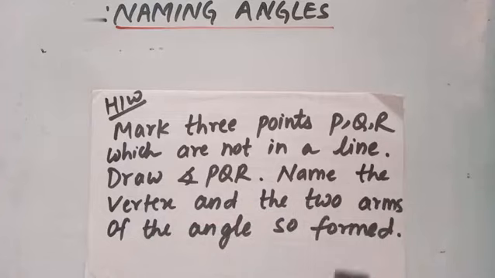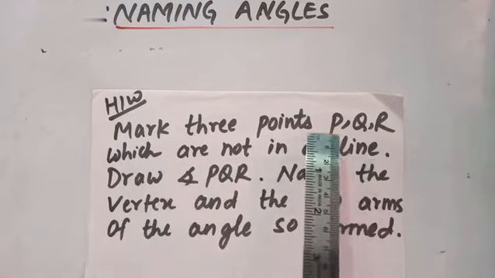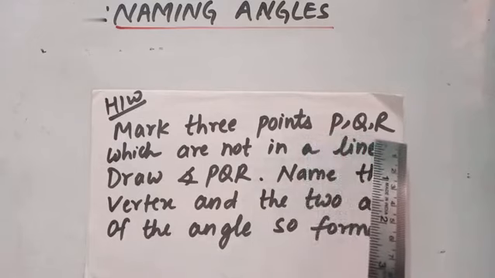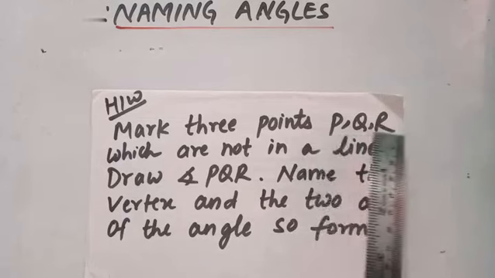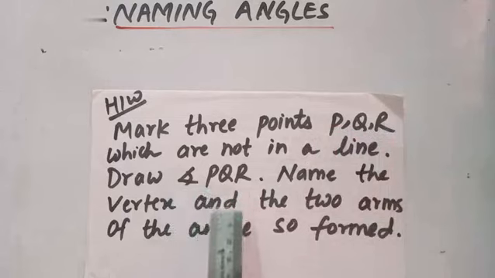So students, the question is similar to the question which we did just before. Only the difference is there was ABC and here is PQR. There was angle ABC, now here it is angle PQR. So students, you can solve in the similar way. Hope you will do at home.